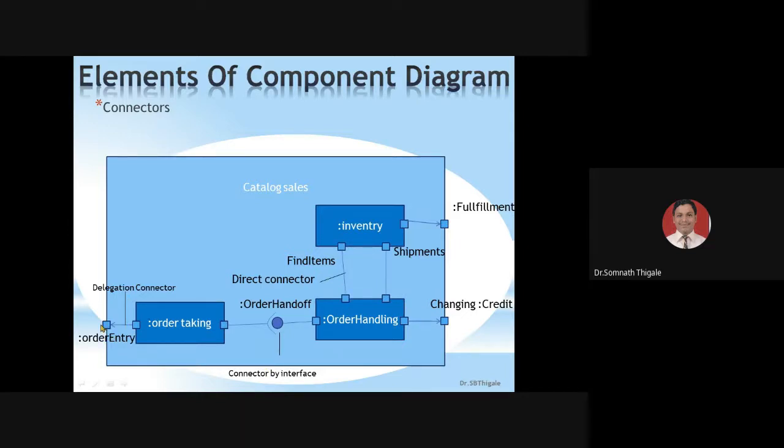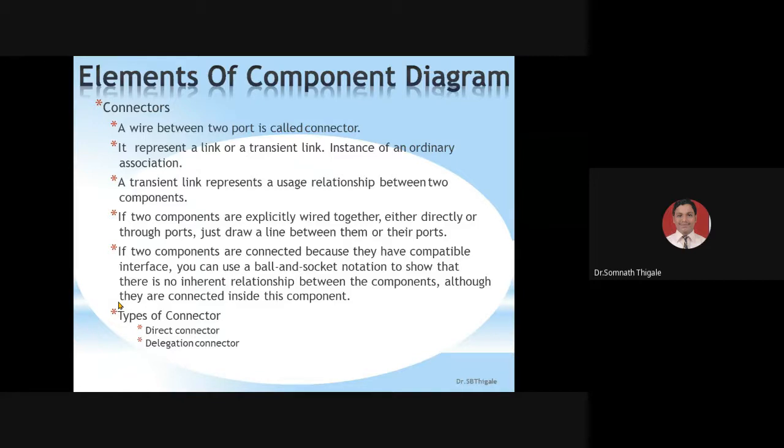So one more part is there. As a part of this, we can show the scenario of delegation, meaning authority kind of scenario. So this is one side communication, we can say. This is both side, full duplex mode of communication. This is half duplex mode of communication, and that half duplex mode of communication we will show by a delegation connector. So just kindly go through this.